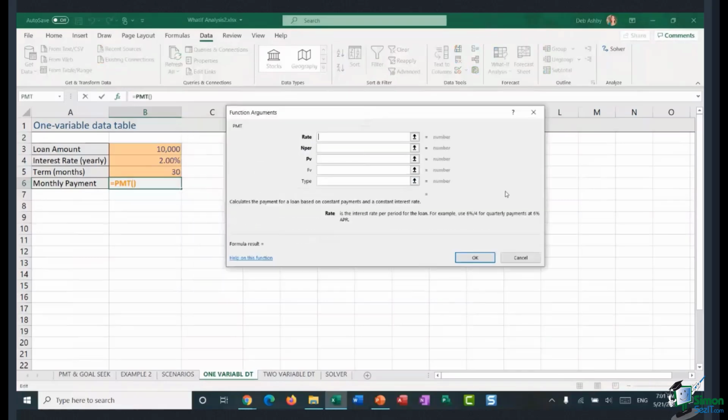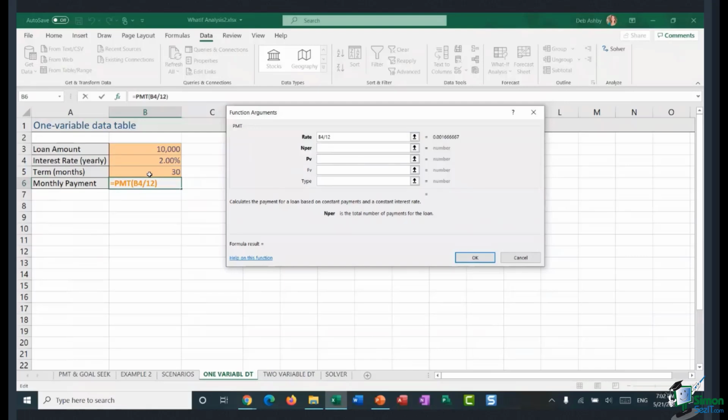Now, I will say that if you're not all that familiar with working with formulas and functions, I know a lot of people who find using this dialog box a lot easier when it comes to constructing their formulas as opposed to just typing them into the cell. So I thought I'd throw it in this way as well, just so you can see how that works if you're not too familiar. Now we have our same arguments just here. So our rate this time is our interest rate just here. So that is yearly. So we need to divide it by 12 because we're working out a monthly payment. And number of payments here is 30 months.